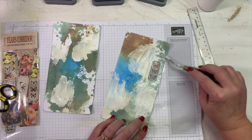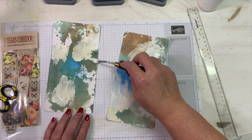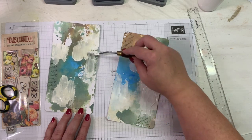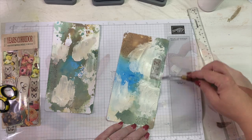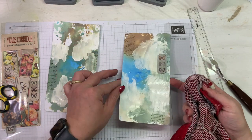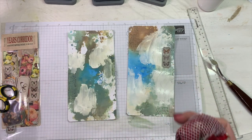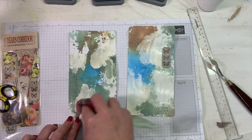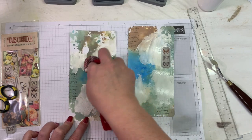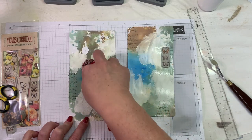I got out my Collage Podge. If you have Mod Podge, same thing. And this is the matte Collage Podge, and I'm just spreading it under and over that ticket there, and then I will scrape off the excess, use a rag to go over the top of it to get off any of that excess Collage Podge that I used. And then on this rag, I have one of those dish rags that has the mesh backing to it, and just by pure accident, when I was wiping off that ticket, I saw that it gave this